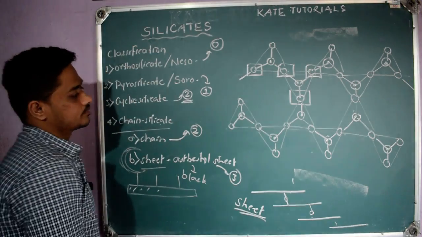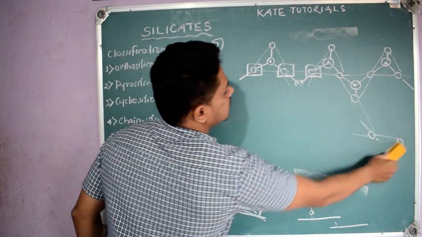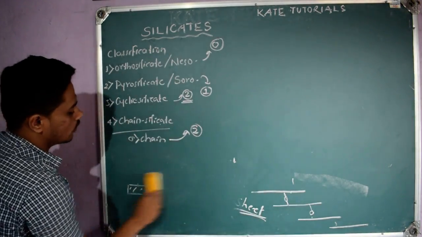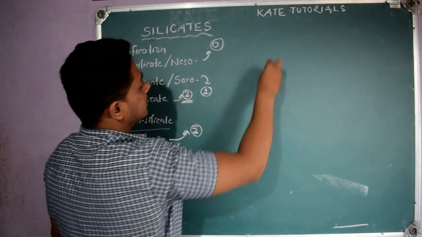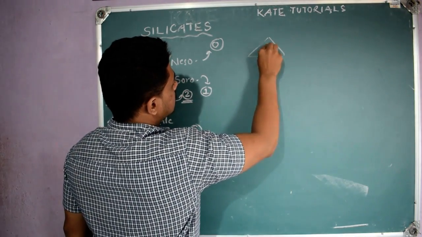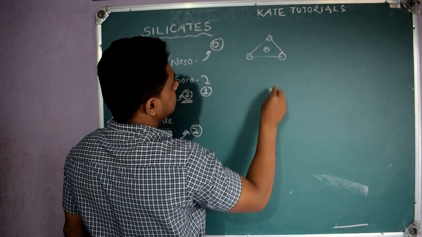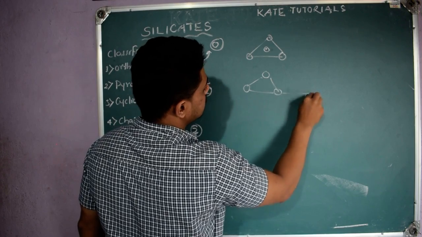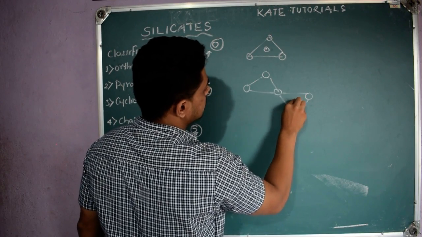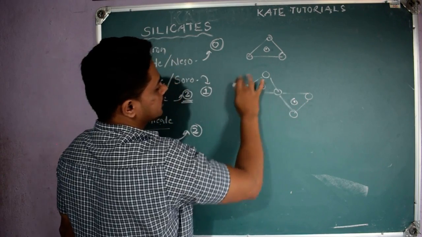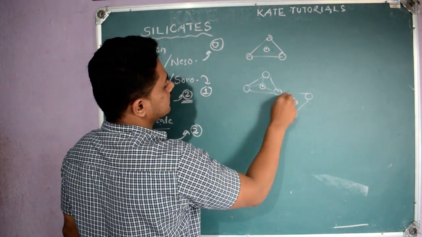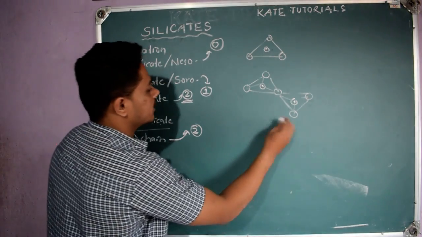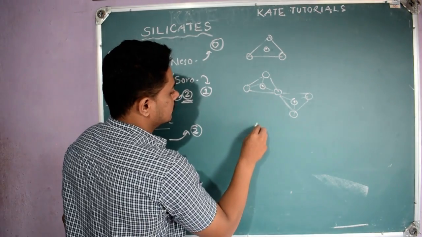So orthosilicate, and this is the sheet silicates. This is the structure; about the structure of all those things we have studied. Orthosilicate, you can show it like this. Pyrosilicate means 1 oxygen, 2 oxygen, 3 oxygen, and the shared one links to 1 more unit. Here silicon will be there, with 4 oxygen, one unit, and there is linkage. So this is pyrosilicate. In cyclic silicate, we got this silicon and oxygen,